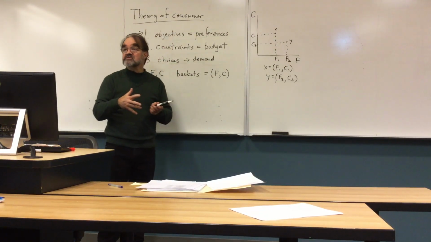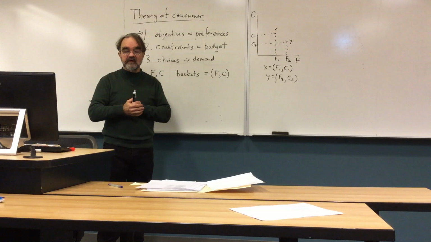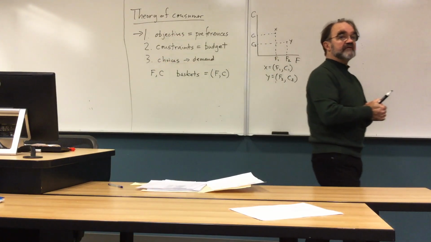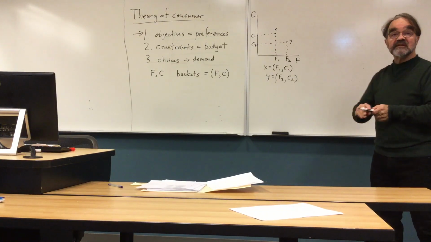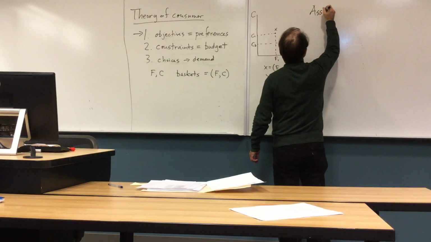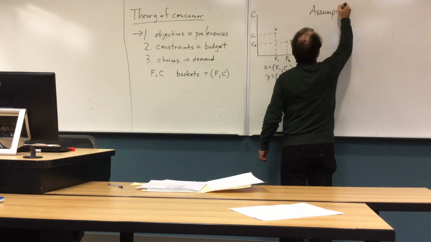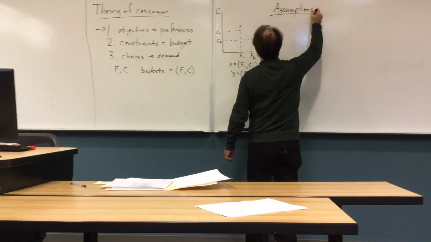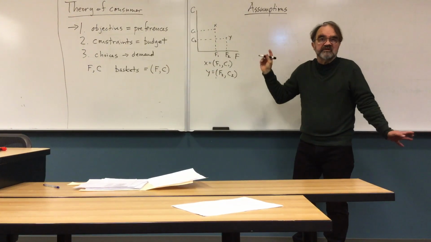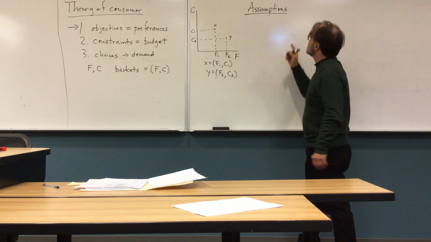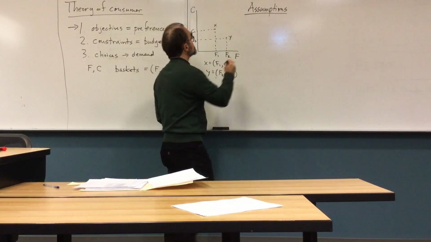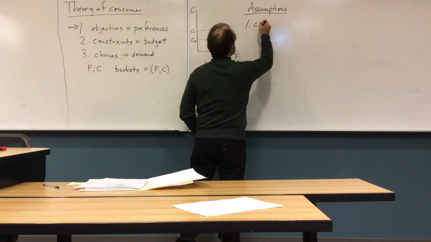Instead, we need to have some apparatus. We need to have a theory of the consumer's behavior. As we said last time, a theory starts with assumptions. So far, we just had definitions. They're not really assumptions, they're just definitions. Now we're going to make assumptions about consumers' preferences. The first assumption is called